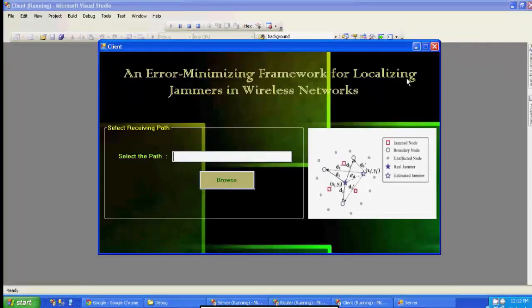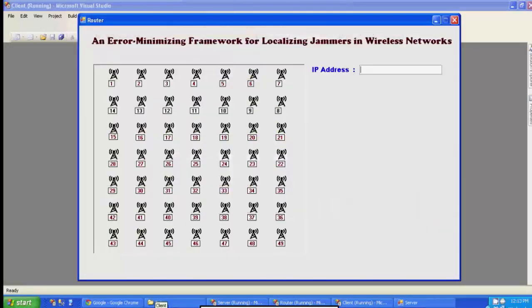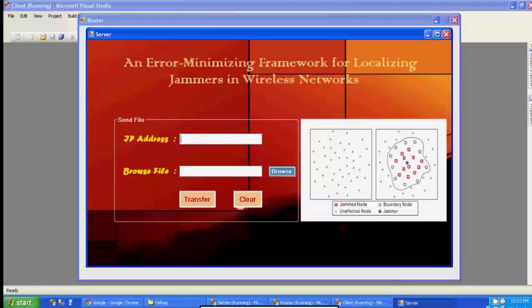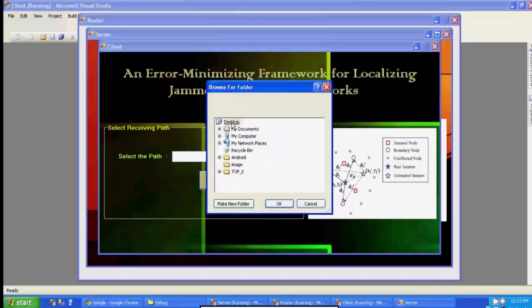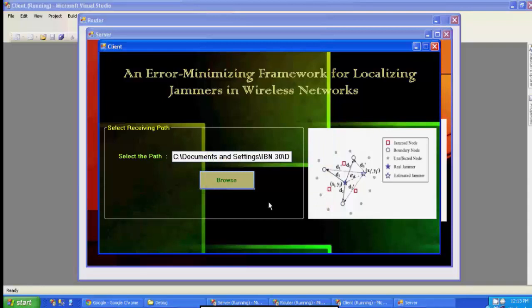And this is the client window. In the client window, we will be giving the path where we want to store the received file, and then